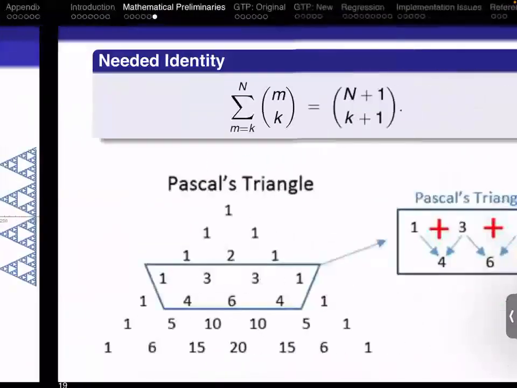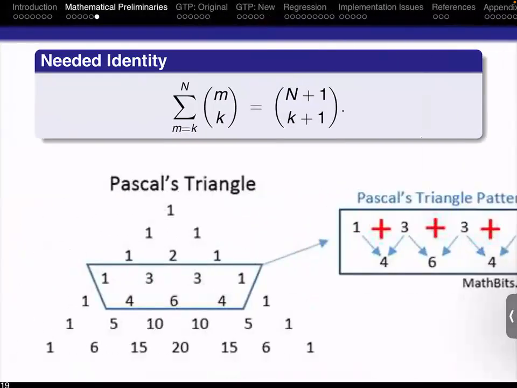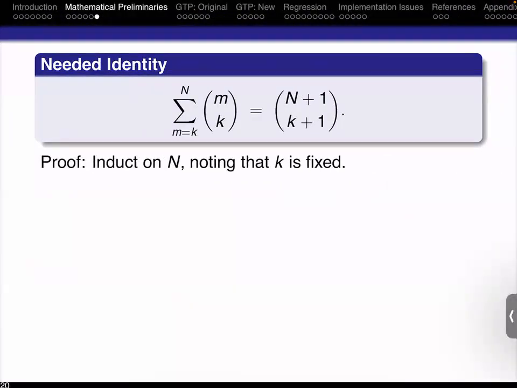All right, I'm going to skip, in the interest of time, the fractal stuff. And so just writing the hockey stick identity explicitly, if I sum m choose k from k to n, we get n+1 choose k+1. So we get one row further than the last row and one more to the right. Whenever you see something like this, there's many different ways you can try to prove it. You can try to prove it by story. This is also screaming, prove by induction. So we'll fix k, and then we'll induct on n.